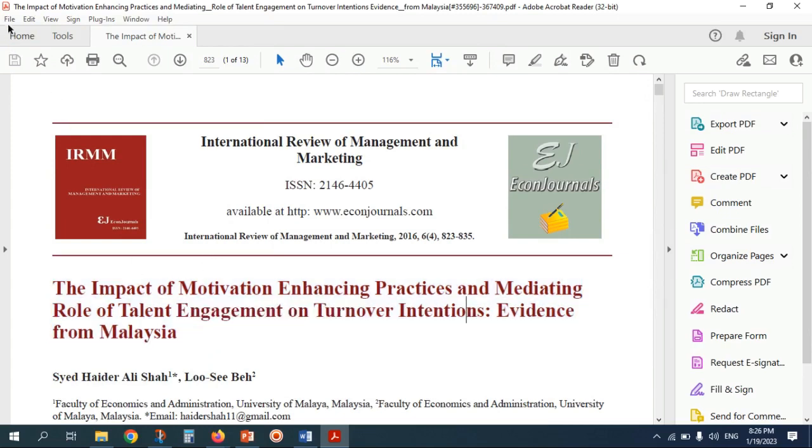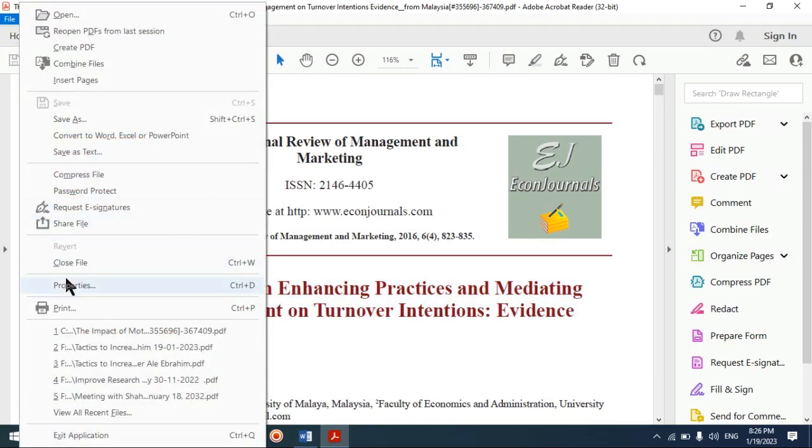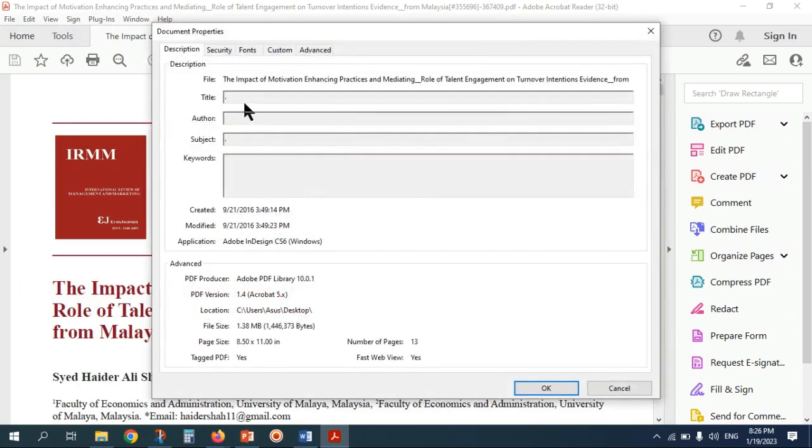Select a shorter title, an alternative title, and put it here, title. But you need to open your paper in Adobe Professional, not in Adobe Reader. I won't be able to write anything here. You need to have Adobe Professional or Nitro in order to edit this information.